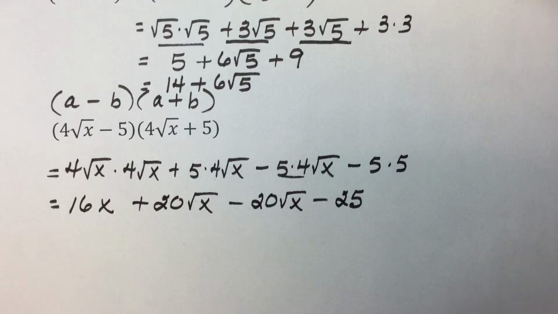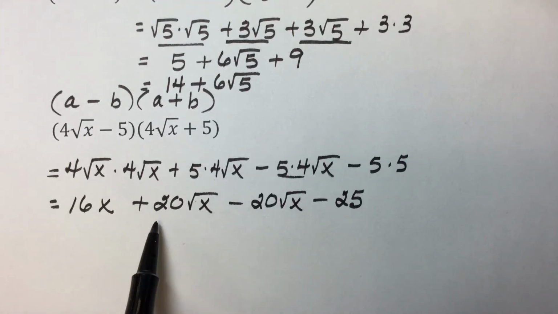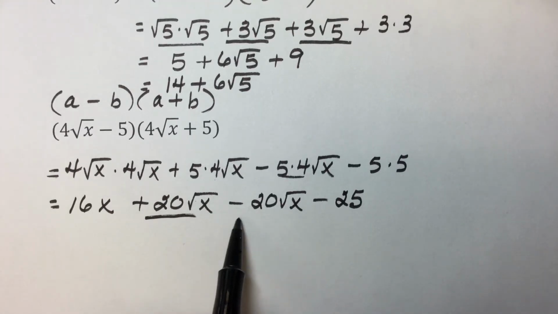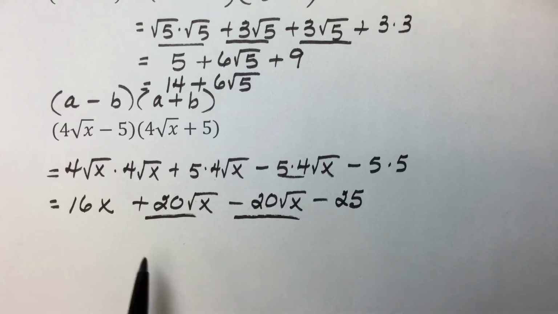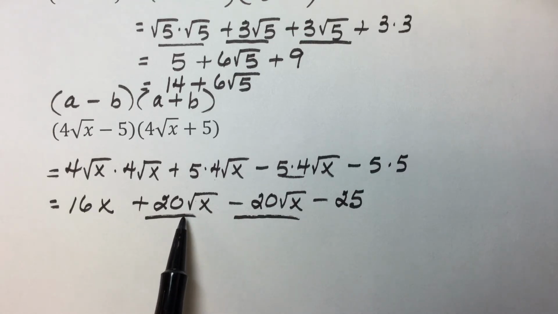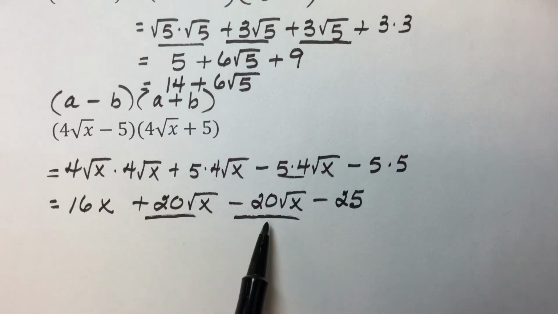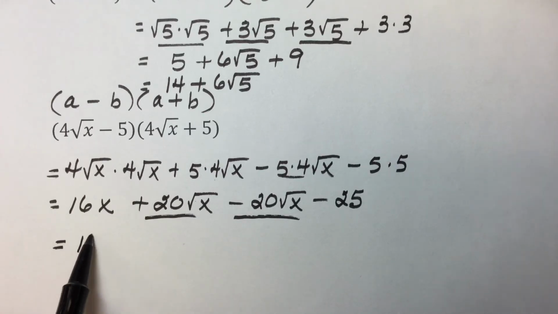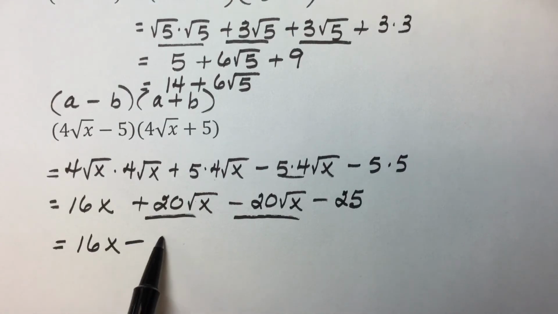Simplifying this further by combining like terms, just as indicated, we do have our middle terms being opposites and canceling one another out. 20 square root of x minus 20 square root of x are additive inverses and cancel, leaving 16x minus